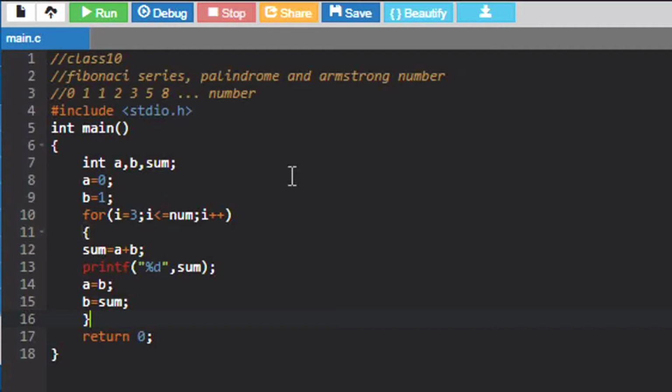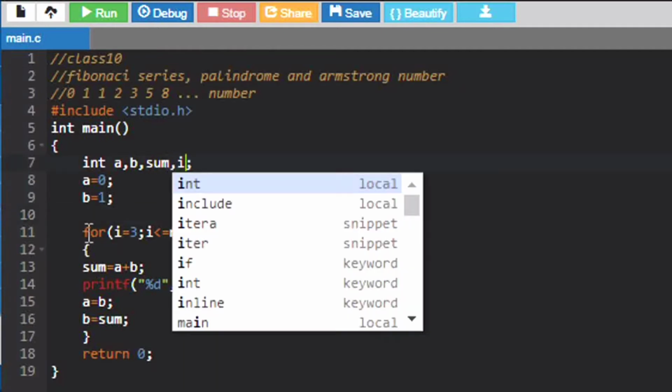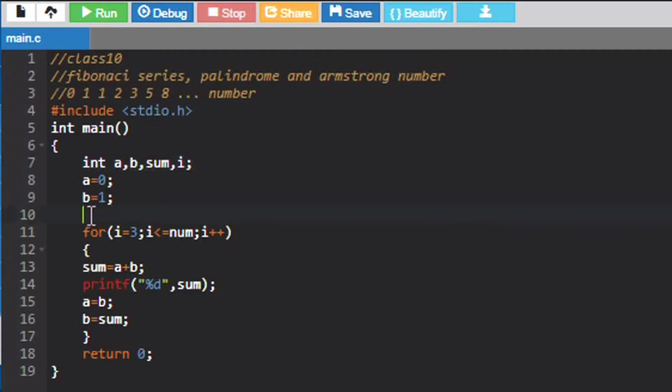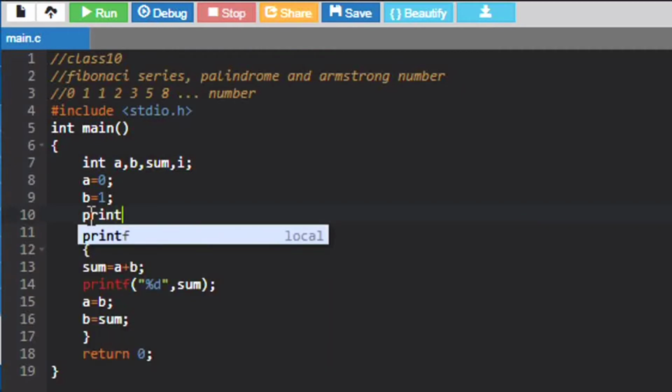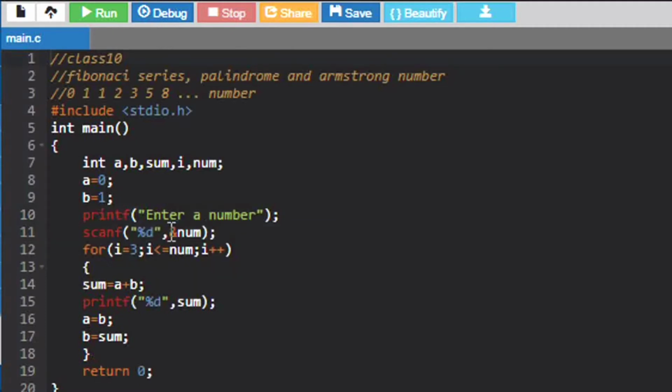So the user should also enter something. Since we have used i here, we are going to declare and initialize i here, and here we are going to ask the user to enter a number and store it. Since we have stored it, now we declare the num variable, because without declaration we are not going to use any variable like that.